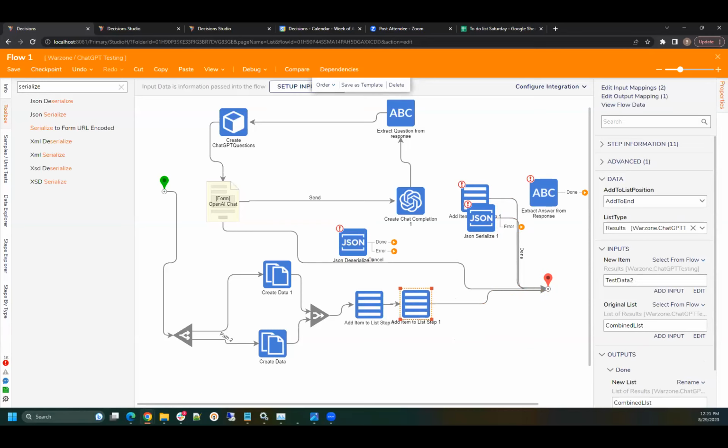So if I had, let's say, multiple create data steps, let's say about 10 of them, then I have to do this add item to list 10 times for each of those. We'd still, yeah, we'd have to, if we could do an add item to list step, or we could do, hmm,